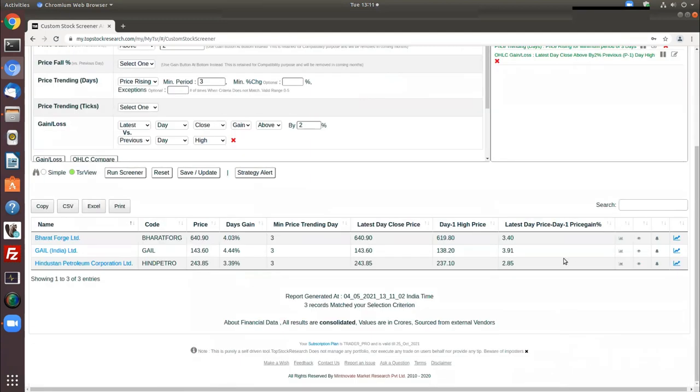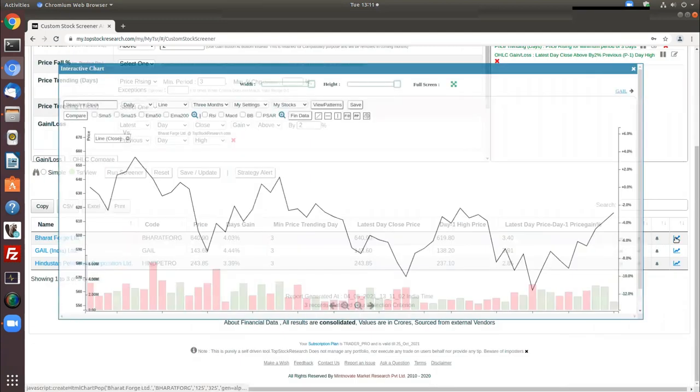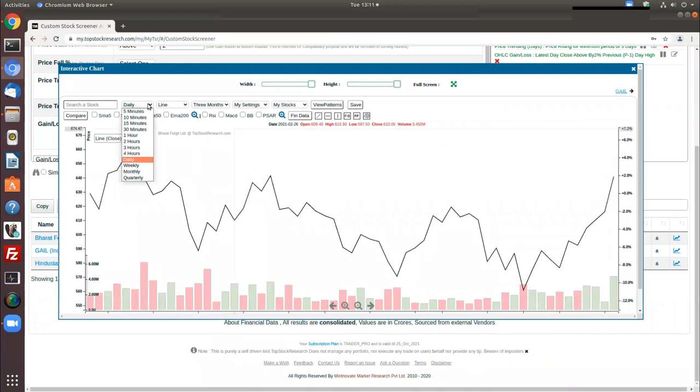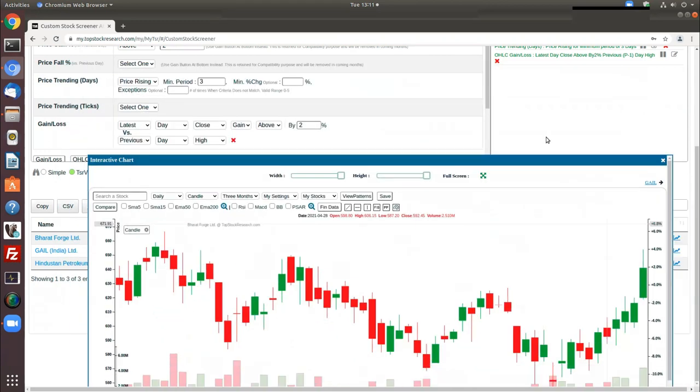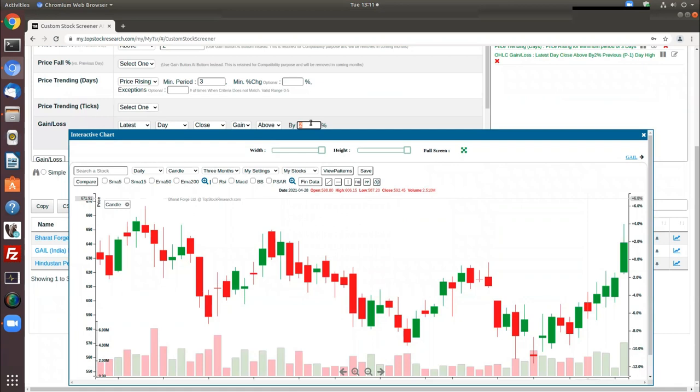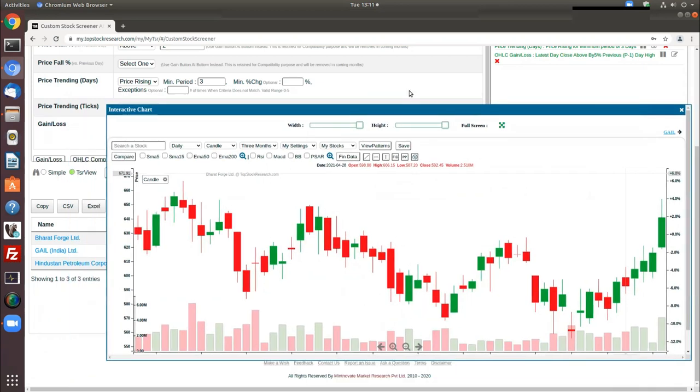So we have 2 results. So let's look at this result. Now, let's take it to candlestick because that's where it is. So it is close. Close is the price running now. It's greater than high over here. So by how much percentage did we say, 2? Let's change it to 5 to see if we are lucky to get any results.